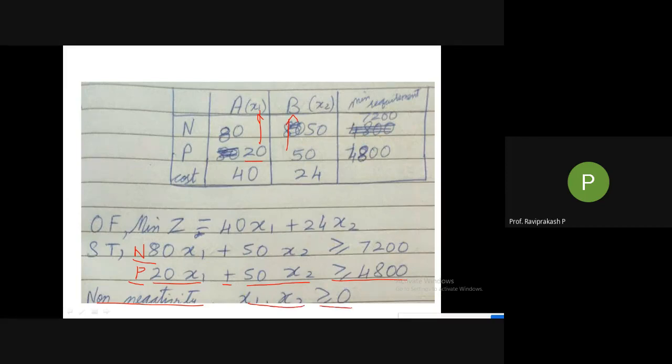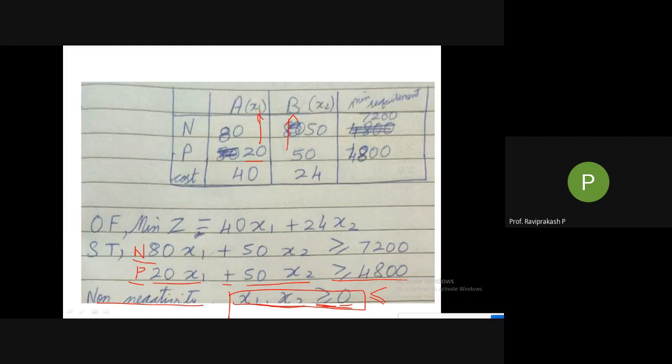At times many students will get confused: greater than or equal to means what, lesser than or equal to, how to write. So always remember this one. If you remember this, the opposite is less than or equal to. This is the non-negativity condition, which always gives you greater than or equal to 0. If you want to write less than, it should always be like this, less than or equal to. So this is a tip where you can remember the non-negativity, how to write x1, x2 greater than or equal to 0.